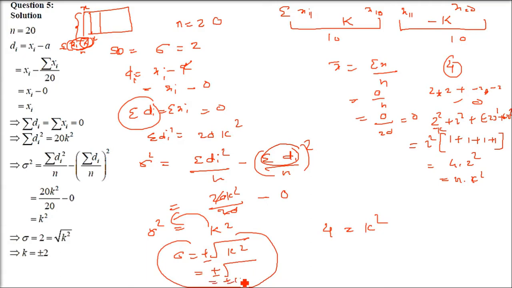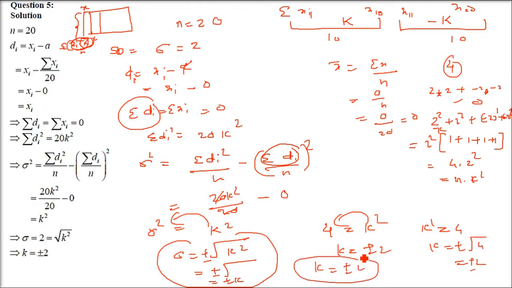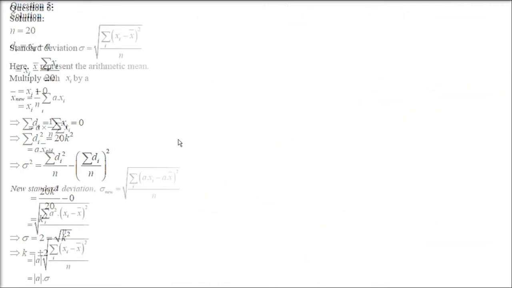There is another way also. Sigma is plus minus k, k is plus minus sigma. Since sigma is given, k is equal to plus minus 2 because sigma is 2. K is plus minus 2. This is also giving you k equals under root 4, plus minus under root 4, which is going to give you plus minus 2. So k is plus minus 2. Both you have to give in the answer, not only plus, you have to specify negative also. Whenever you take the root, you have to take plus minus both.